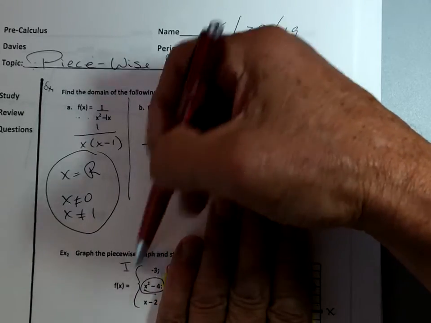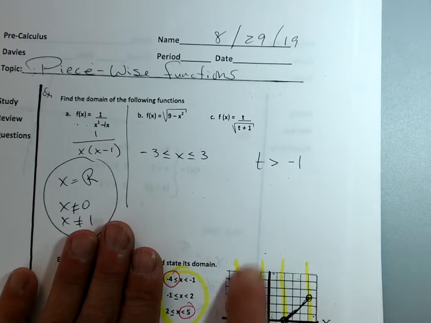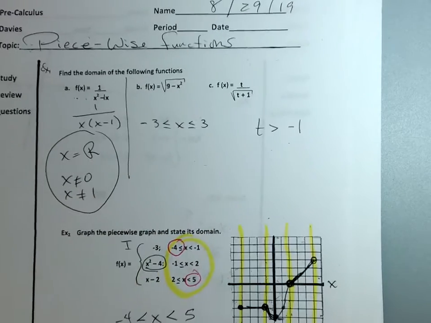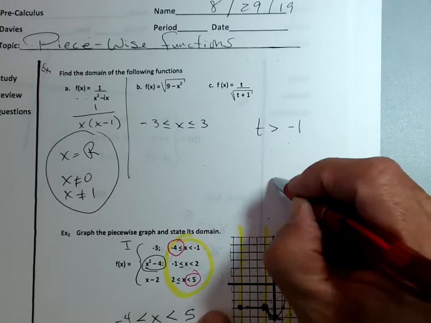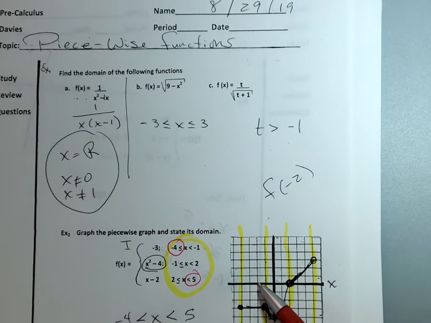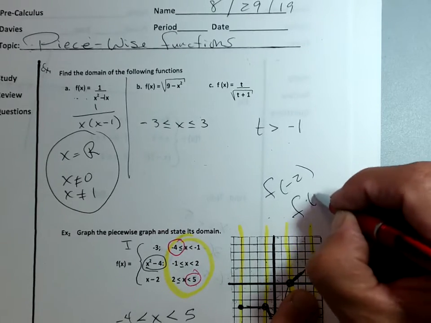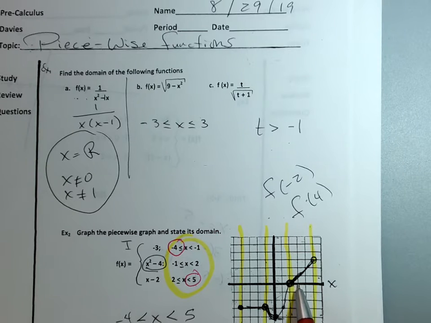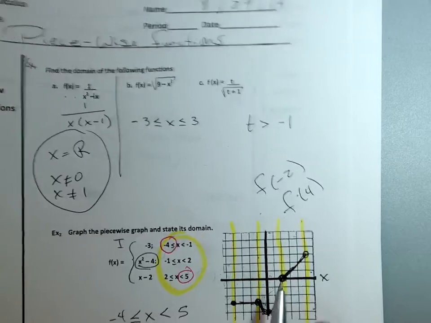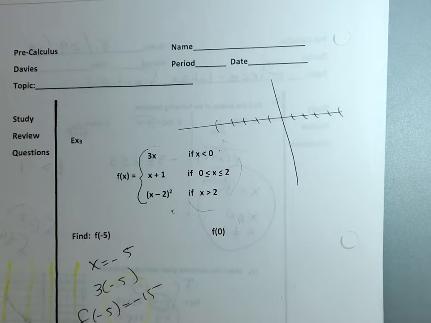Okay. So these are the graphs, right? And these are where the graphs exist, right? So if I wanted, for instance, on this one, f of negative 2, right there, the answer would be negative 3. If I wanted f of 4, 1, 2, 3, 4, the answer would be 2. You with me? Yes. Now I don't want to graph it. I could graph this, and I could get my answers that way, but why not make it faster, okay?